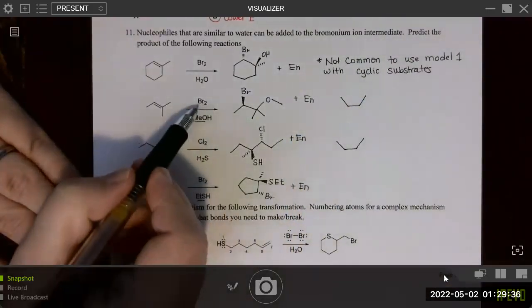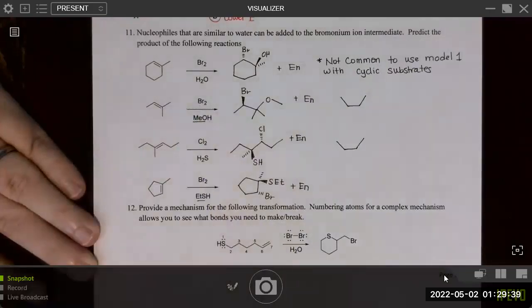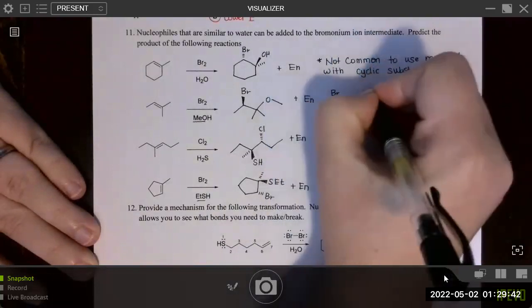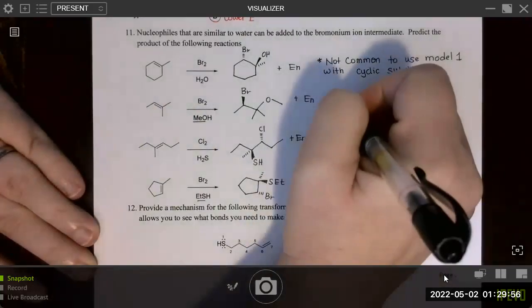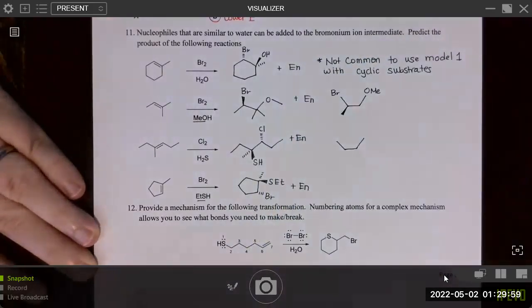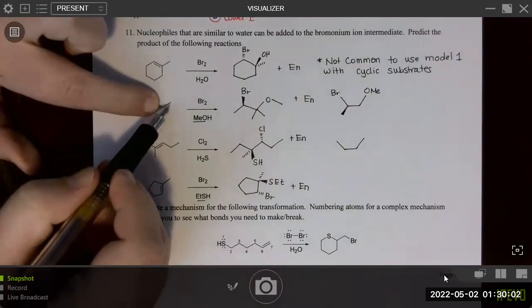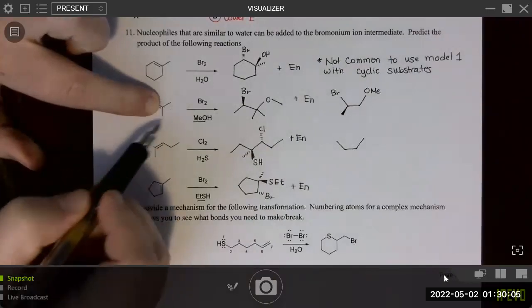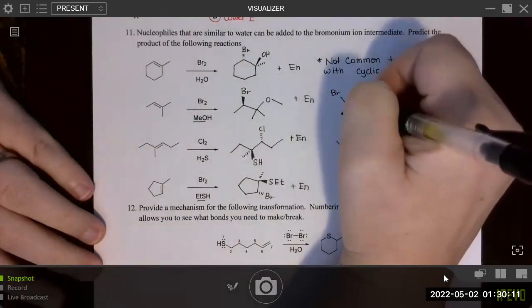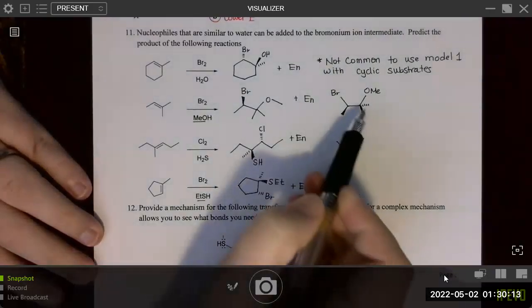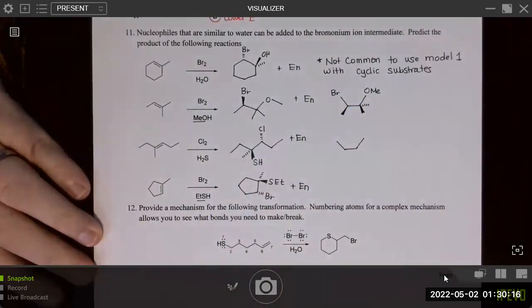Remember that we're going to look and see what's getting added. Okay, so bromine and OMe. So I'm going to do bromine and OMe here. Or you could just do O with a line attached. Either one is okay. And then we want to go ahead and put in the relative positioning of the groups. Right, so this would be a wedge. And then technically, because it's anti-addition, we would switch these two, but they're the same group. So it wouldn't really matter. So we can just draw one coming out, one going back. Or again, these could just be regular lines because that's technically not a chiral center.